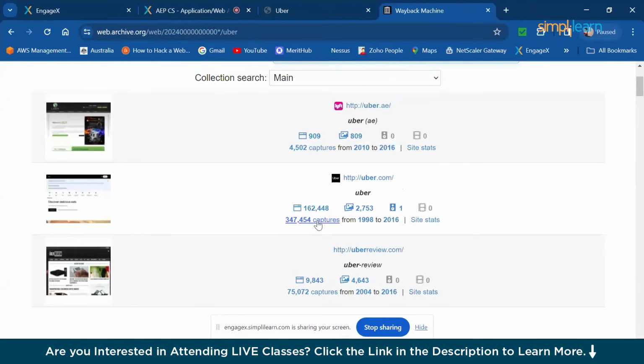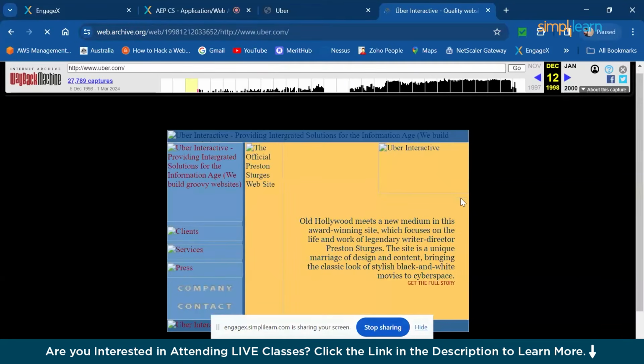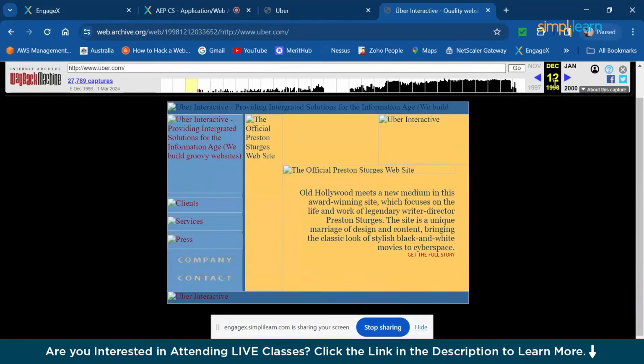It says that it has more than 3 lakh captures from 1998 to 2016. So I'm interested to see it. When I click on December 12, 1998, this is how it looked, just like any normal startup taxi service,